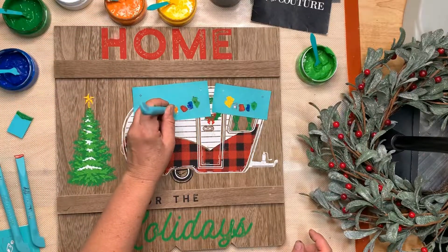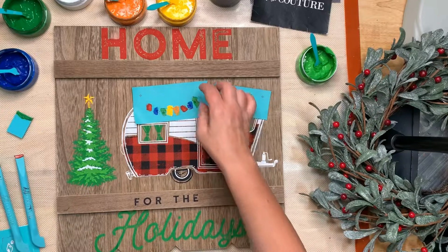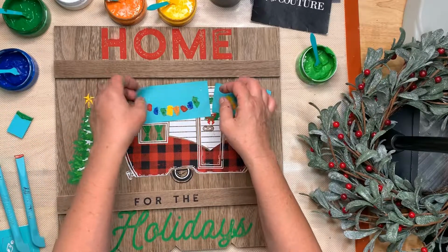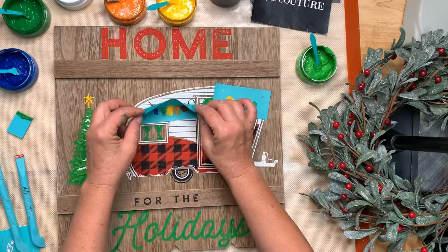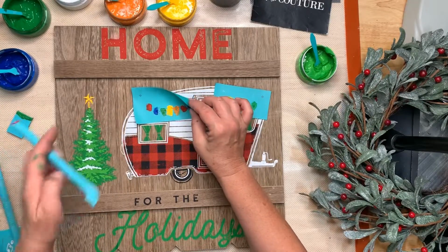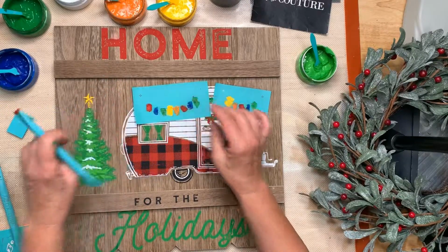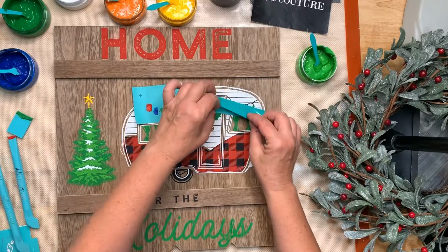Get under there. It starts to dry. Okay, so orange and orange. And then we're just going to peel this and let's see what we have. So, okay, the red started to dry already. So I want to go over the red and see if I can get it to, okay, it's not coming